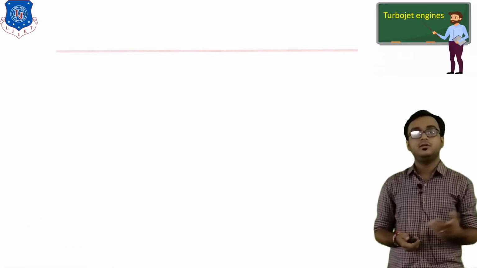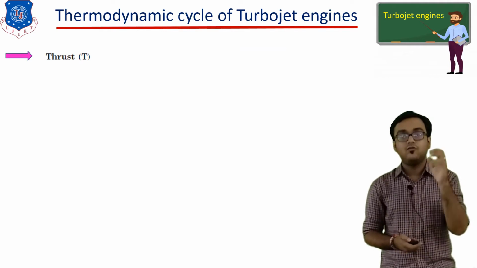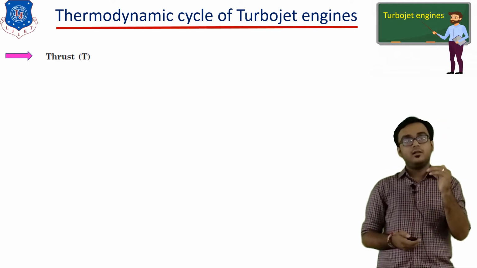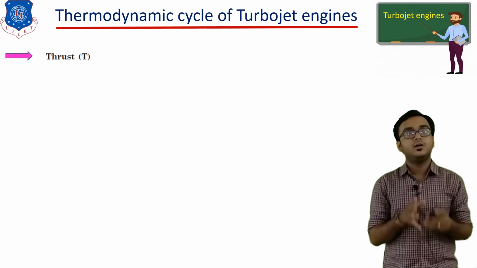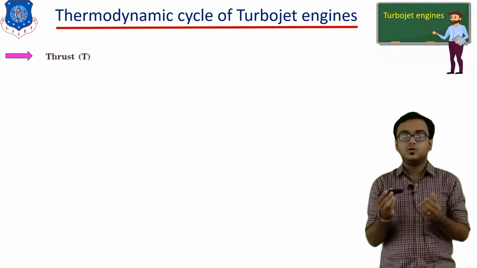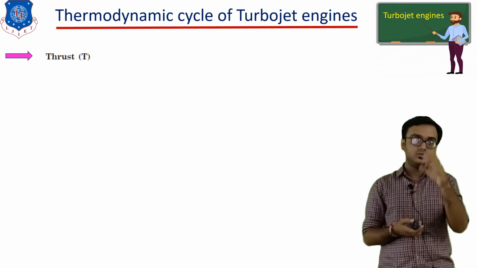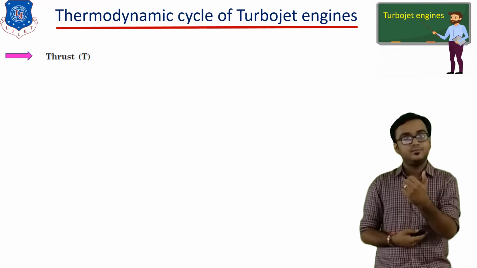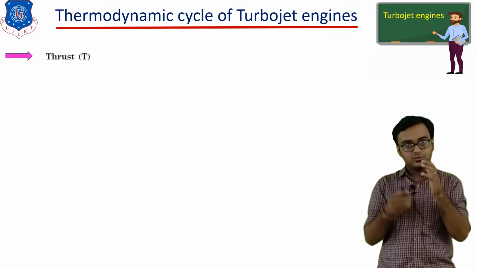So let's begin with the thrust. What do you mean by thrust? Thrust is the force which helps to propel the vehicle. According to Newton's third law, to every action there is an equal reaction in the opposite direction. So as the jet gets out of the engine, the aeroplane will try to move in the forward direction. Because of the creation of the jet at the outlet, it exerts a thrust force on the engine, via which the engine is able to move. It is because of the thrust force only.